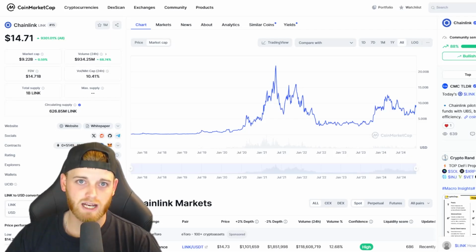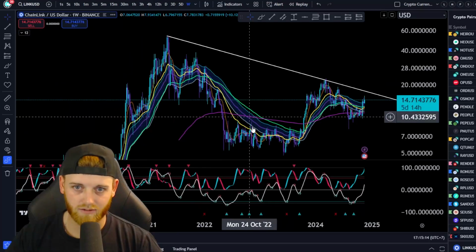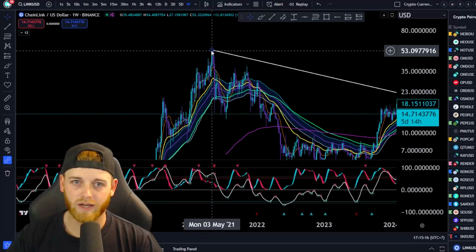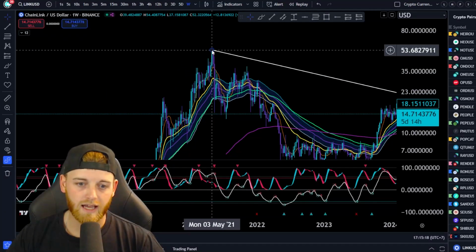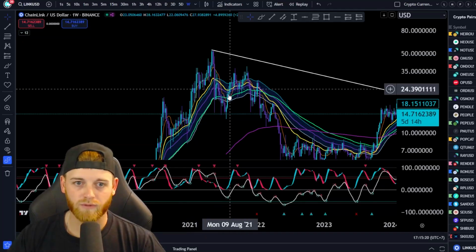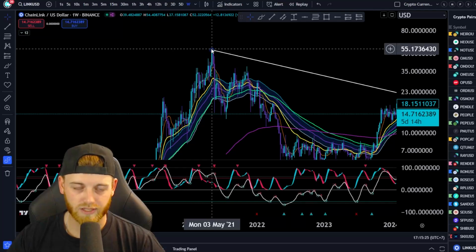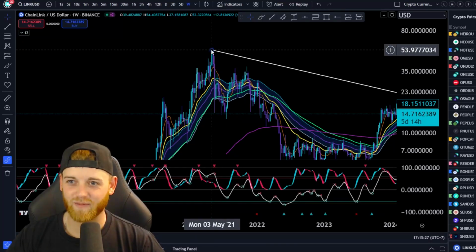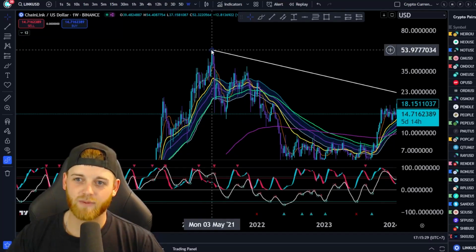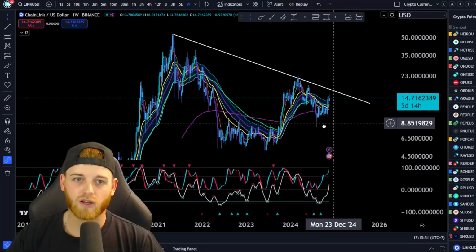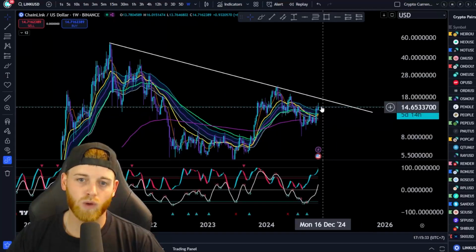Now, onto the Chainlink chart, and let's break this down together, okay? So you can see we've got the all-time high for Link here back in May 2021, before the disgusting crypto crash of 2021, which was pretty brutal, to say the least. It marked the end of the bull market. So you can see here that it was actually up at around $53. Now, if we are looking at that in terms of our market cap right now, we won't get to the all-time high, even if we do